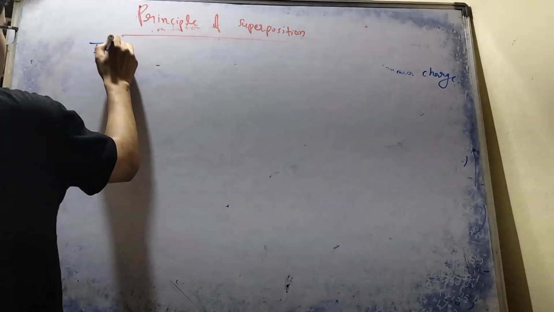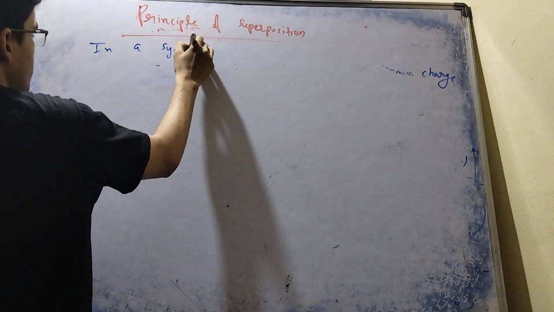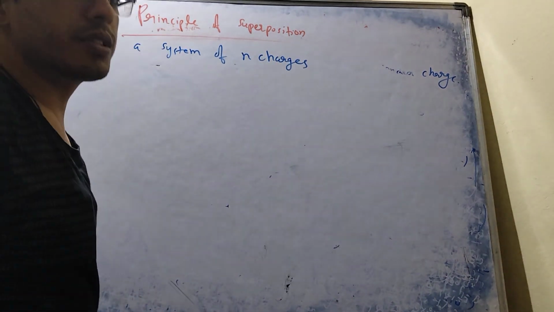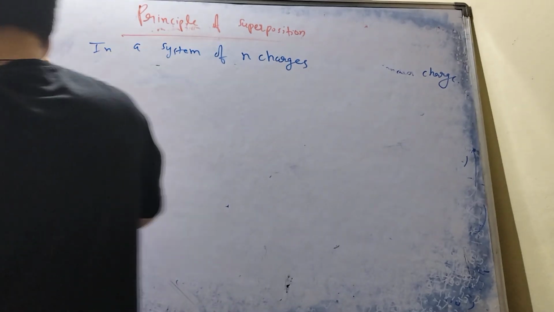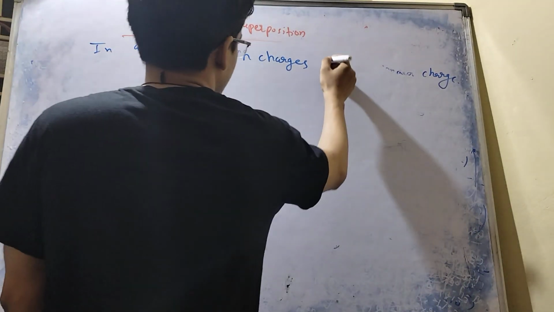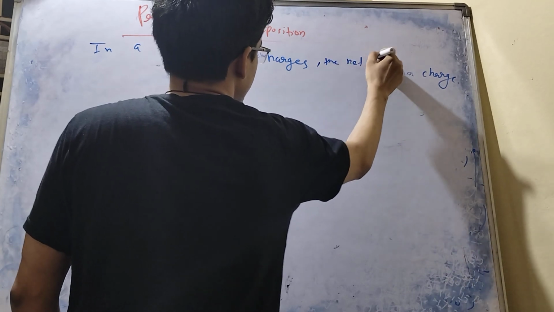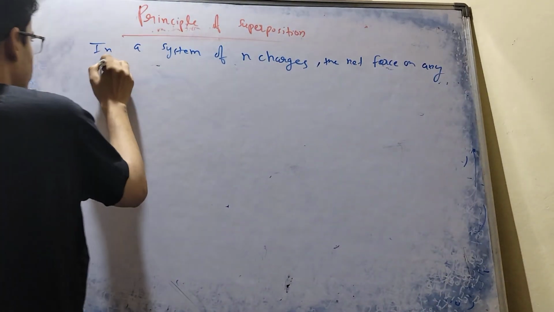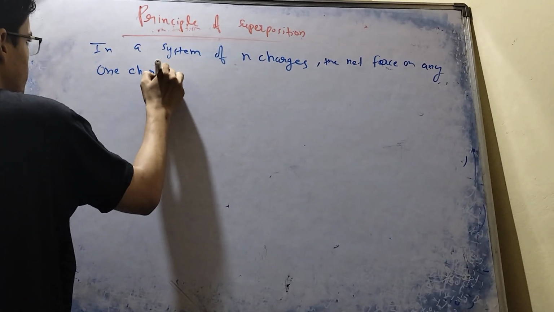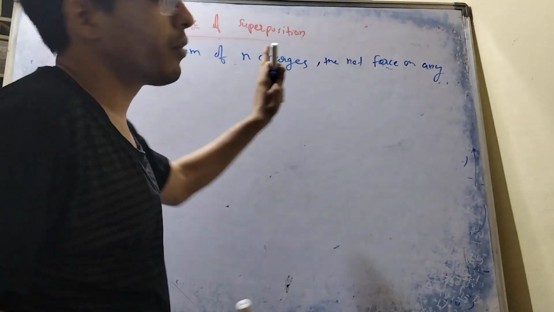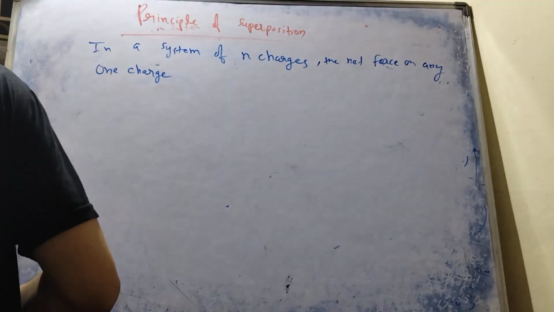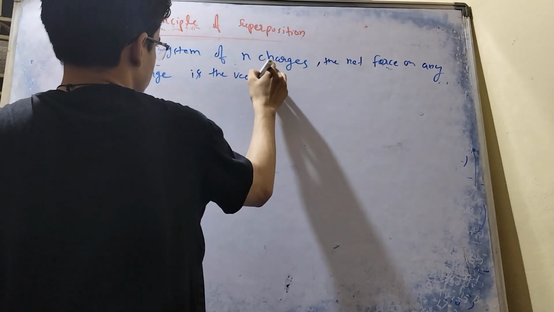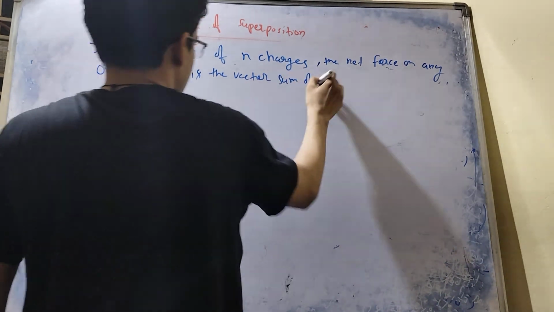In a system of n charges, the net force on any one charge is the vector sum of